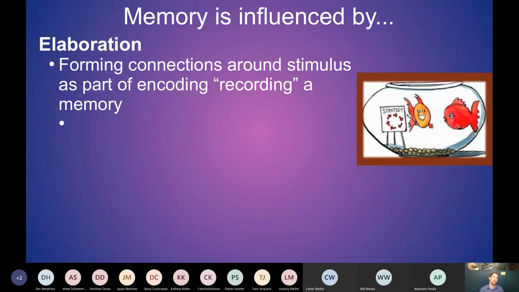Let's say you see a goldfish, for example. Shallow processing of that would be, oh, there's a fish. An intermediate might be, oh, that's a goldfish. And more deep processing might be that, oh, that goldfish looks a lot like the goldfish I had when I was 7 years old. Its name was Jake, and I was really sad when it died.